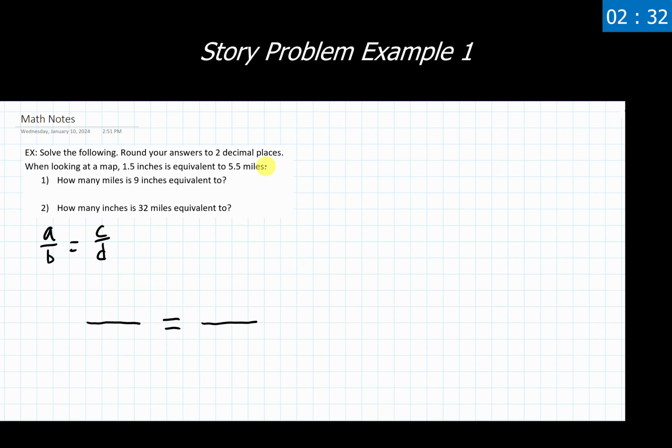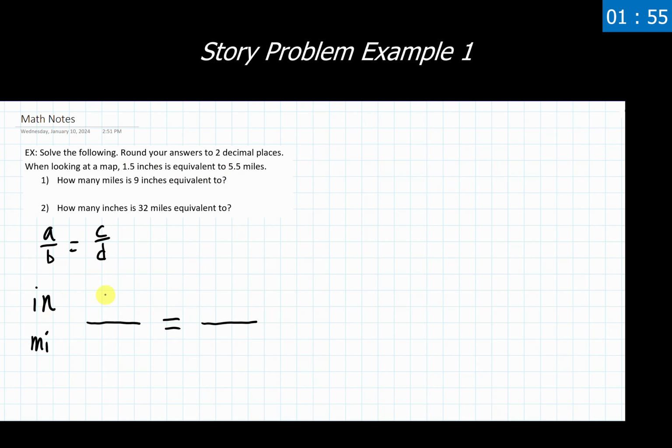We need to now choose which unit is going to be listed in the numerator of this fraction and which one's going to be in the denominator. It really doesn't matter which unit goes where, you just need to pick one and commit to that. So for the purposes of this, I'm going to put the inches in the numerator spot, and I'm going to put the miles in the denominator spot. Again, you could flip this if you wanted to, but I'm just electing to write it out this way here.